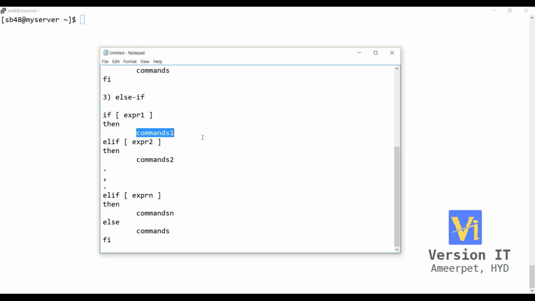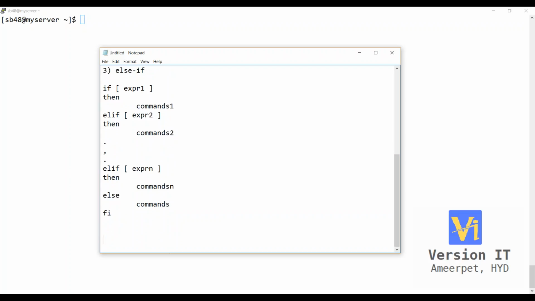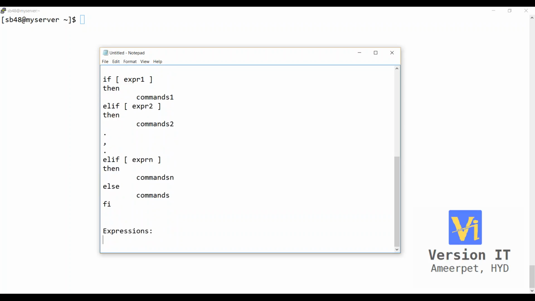Now what we are doing here, we are checking expressions all the time. So what are the expressions we have? I have divided these expressions into 3 ways. One is arithmetic. First one we'll talk about is arithmetic, file test, and